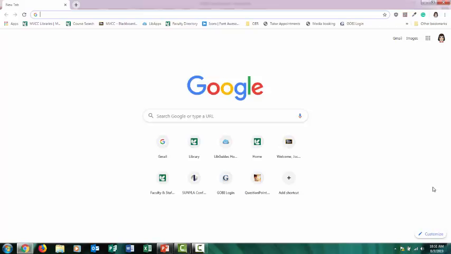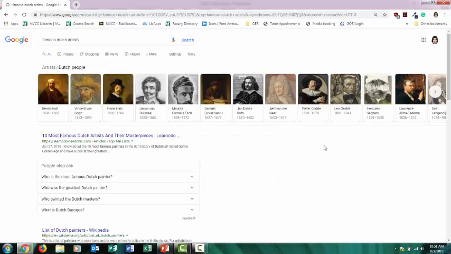If you don't know who you want to write about, then it's totally fine to get some ideas from Google. Look up famous writers or musicians or artists from the country that your ancestors came from. Just keep in mind that the person has to be very famous in order for a substantial amount of research to be written about them. If you pick someone not very well known or just recently popular, you're going to have a hard time finding scholarly sources about that person.